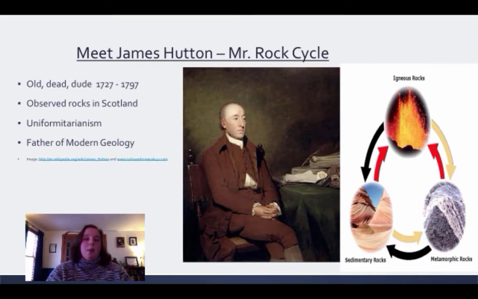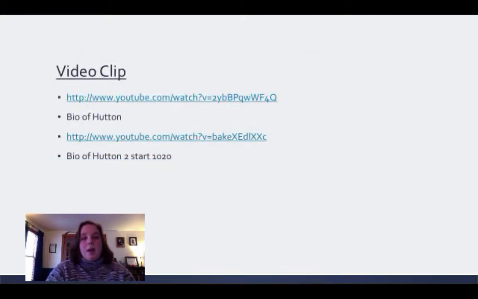And he also came up with a big 50-cent word, and I want you guys to use it tonight at dinner and say, hey, Mom or Dad, I know what uniformitarianism is. And uniformitarianism just means that the same processes, meaning plate tectonics and the rock cycle, occurred millions of years ago. Guess what? They still occur today. And that's all that means. So I hope you enjoy it.